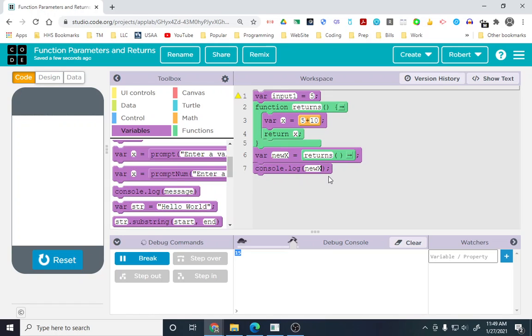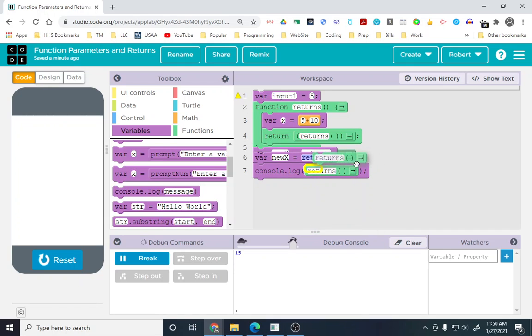That is a key thing. I see a lot of students who just do the return, and it doesn't really do anything. It runs the function, but you don't actually get the return. You have to actually then take it and put it somewhere. Now you could, in theory,